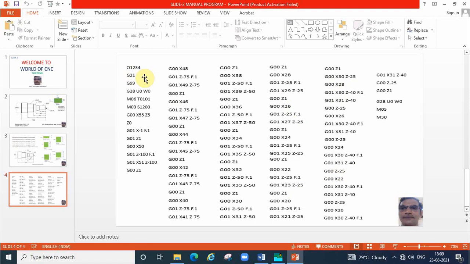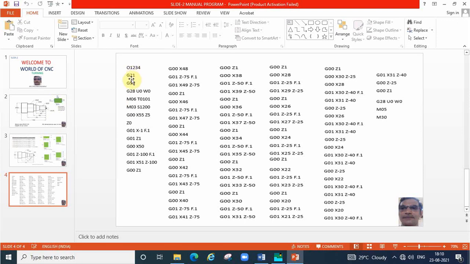Why? Because we are using FANUC controller and following any 4-digit number. This is the identity, okay, the ID number of the program. We have n number of programs stored in the machine. To identify, we are giving some number. Okay, say for this profile, this is the program number.